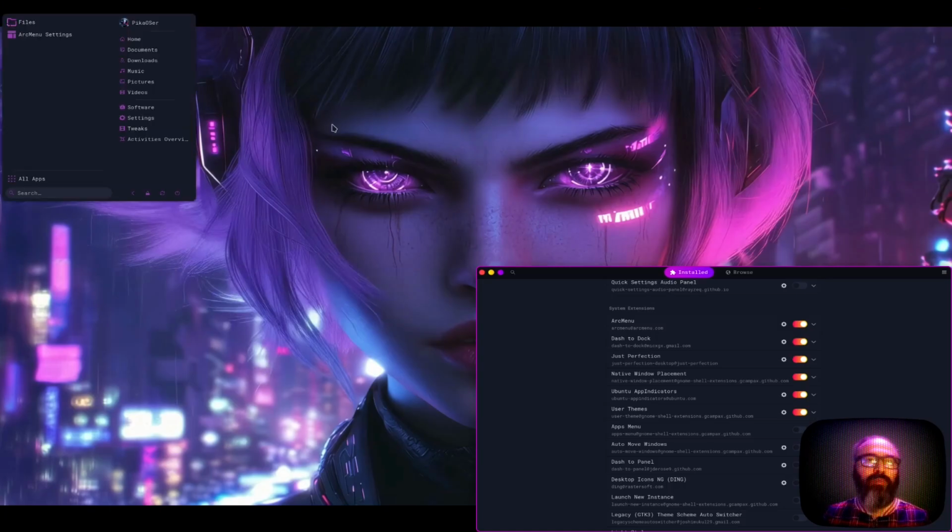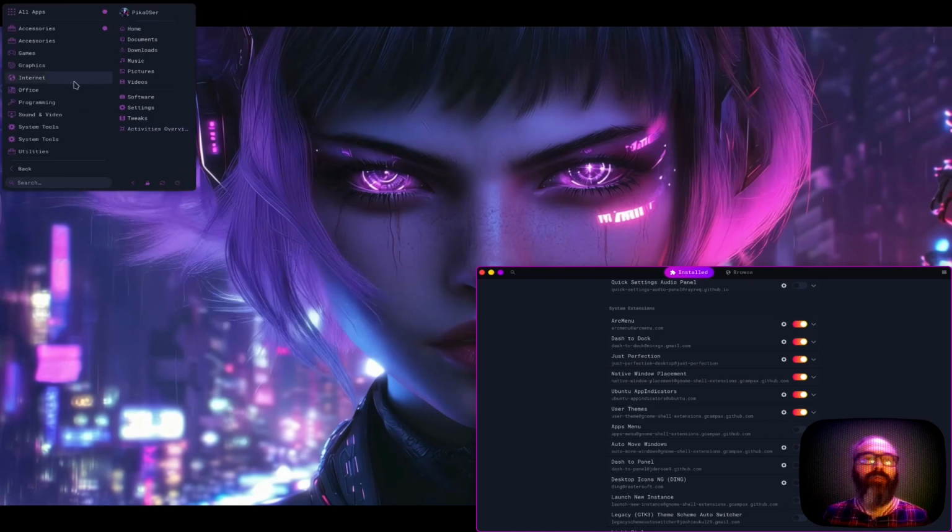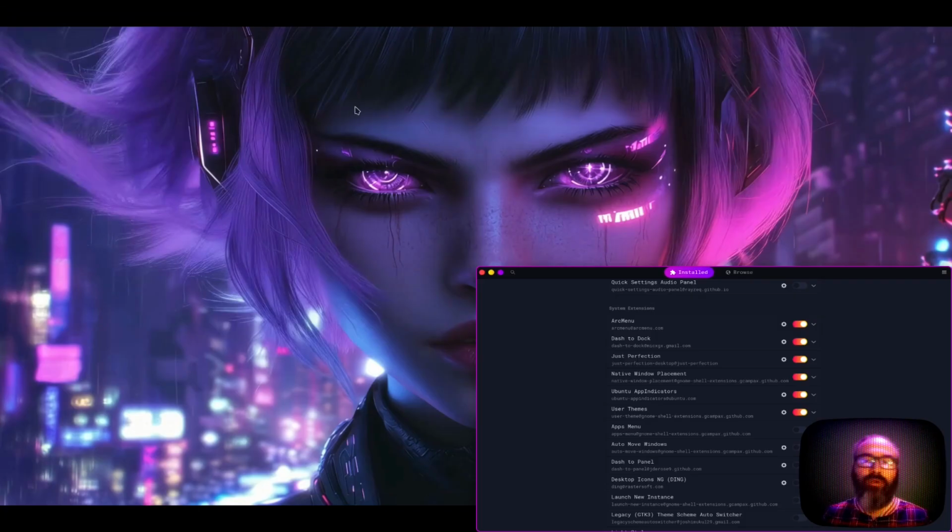And besides having all the usual suspects like access to specific folders, system settings, restart, shutdown and all that, you can take care of the apps like this, with just the mouse, find the app that you want to launch and launch it. And of course it even has access to its settings, so you can either access the settings through here or through this Arc Menu settings here. So I'll do that